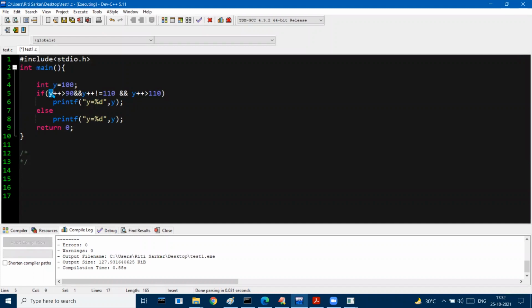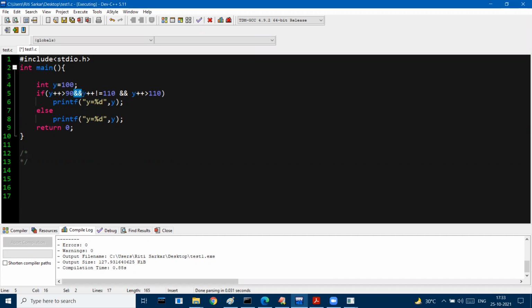So here it will check the y value. Is y greater than 90? The answer is yes. Now, once the answer is yes, it is followed by logical AND. Answer is yes means what? True value. Once it is a true value,